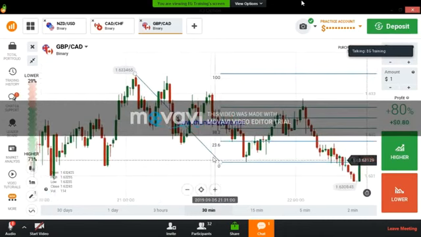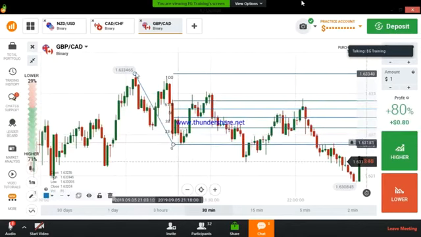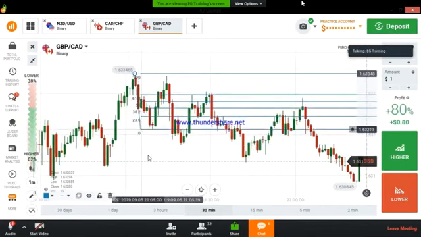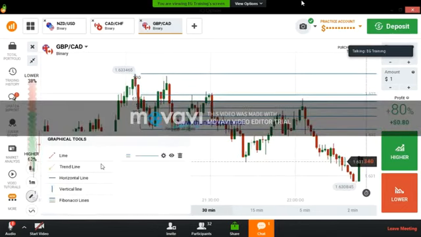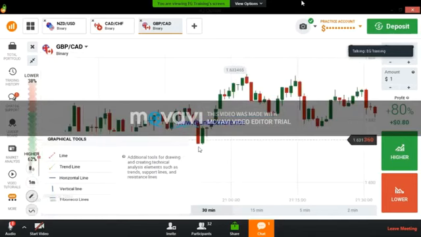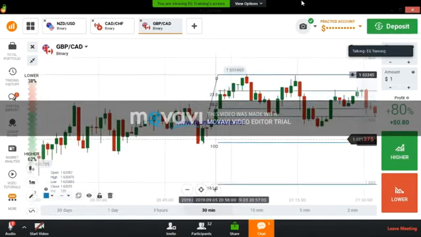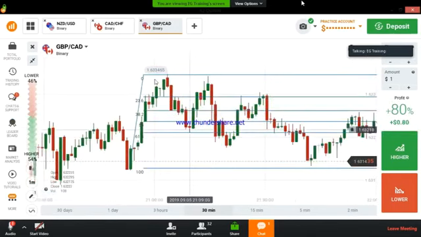This is higher high and lower low, and you can select this lower low too. It's not a matter. If you want to draw the Fibonacci tool in an uptrend, like this, always select lower low to higher high like this. Always select lower low to higher high in an uptrend. Always select higher high to lower low in a downtrend.